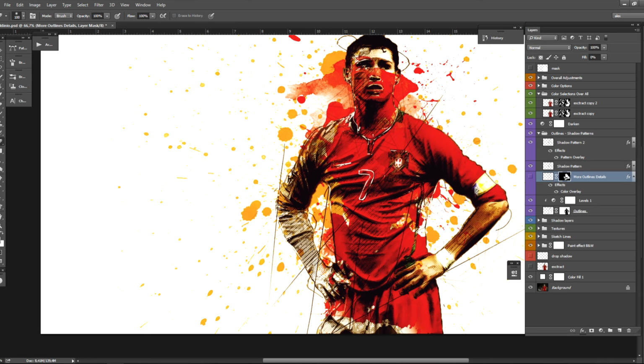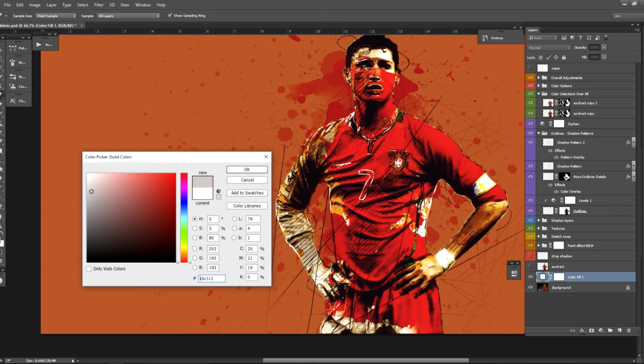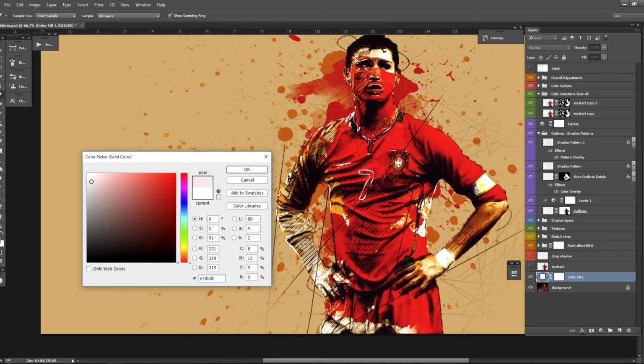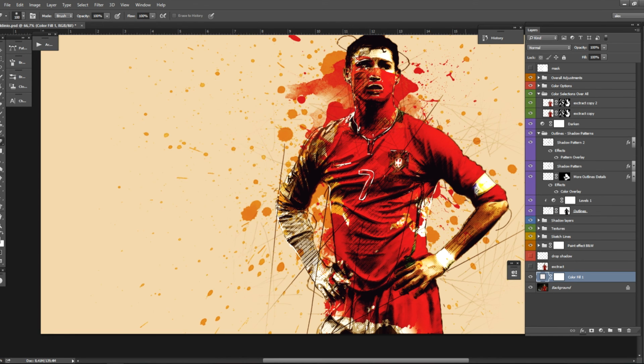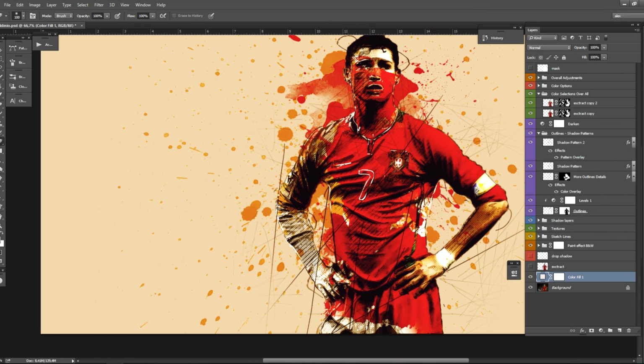You can rearrange your layers, so it's up to you how your design wanna look. You can change your background color. Just keep in mind how you want your design to look, and keep in mind your textures to be seen on your design.